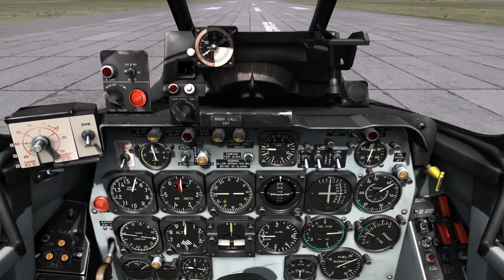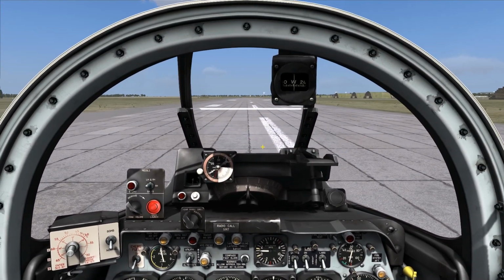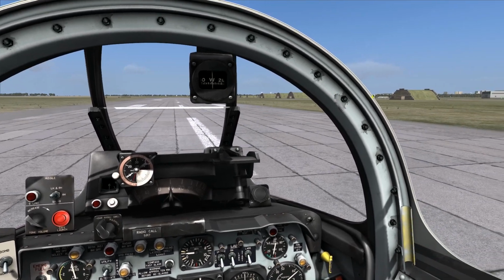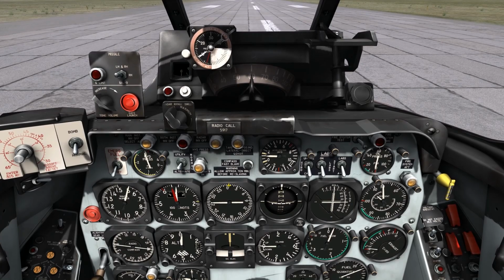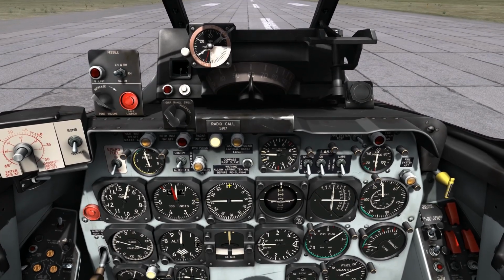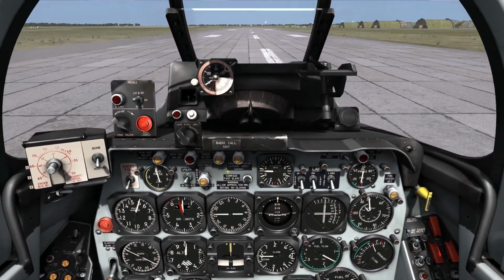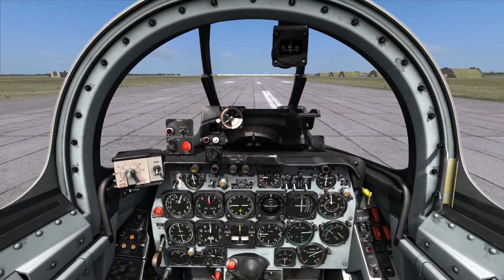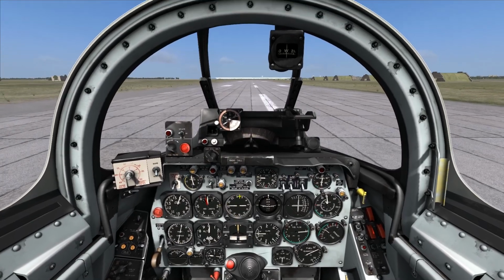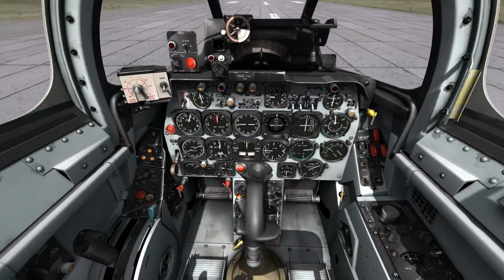So right now, of course, I am pointing at 270, not 090, and I made this mistake because I just didn't realize that I was looking at it as, okay, when I started the taxi, I was pointing due north when I really wasn't. That's what it comes down to. Okay, so lesson learned there. This works differently from what I'm used to. No big deal, and we'll press on to